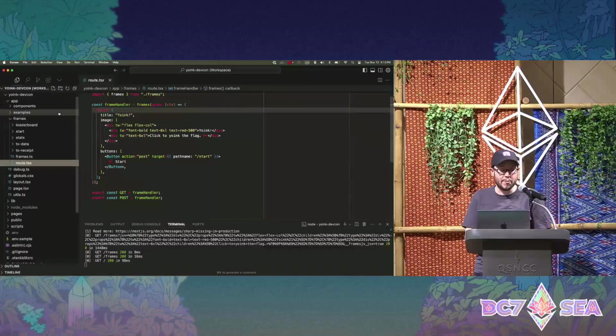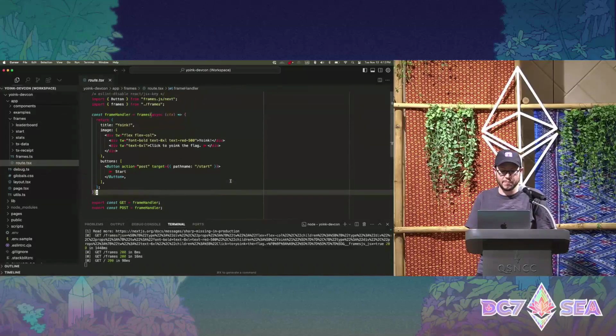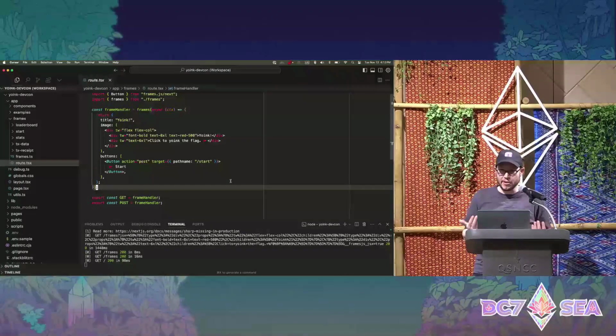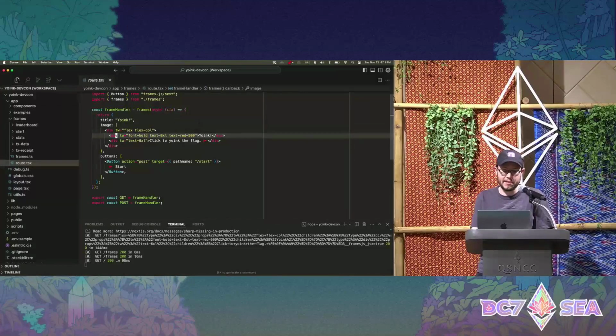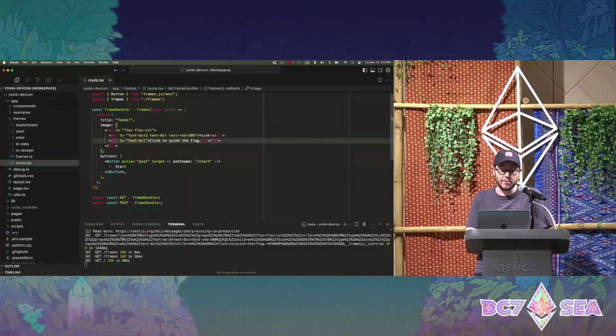And then here's our entry point frame route, frames route.tsx. And you can see we're mirroring that structure that we looked at in the frame meta tags. We can define an image and some buttons. And the cool thing about Frames.js is that we can define this image dynamically using JSX. So if you're familiar with writing React, you can build up a dynamic image here just by using JSX components. We can also use Tailwind styles in here. So you can see we have flex column, font bold, text 8XL, all of these Tailwind identifiers. You can use these to style your frames as you're developing them.